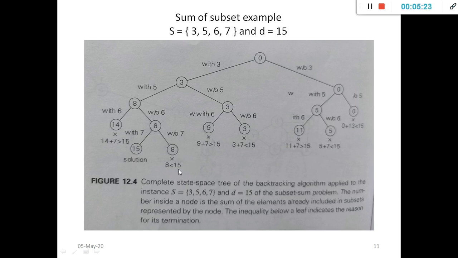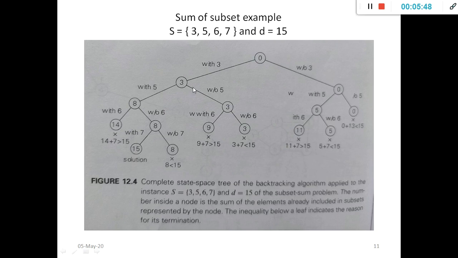That's why again you have to terminate here. No need to expand the state space tree further, because you will not get the desired solution. That's why from this you will get the desired solution with the subset including 3, 5 and 7. You will get one solution with D value equal to 15. Then similarly return back here